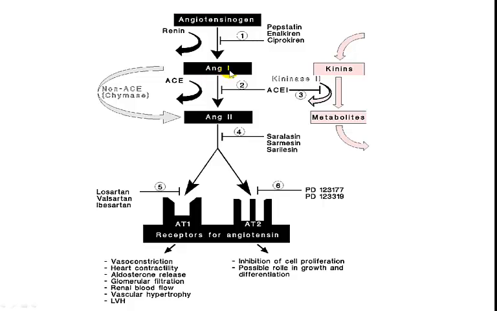And then the angiotensin 2 circulates in the blood, and angiotensin converting enzyme, or ACE, is located primarily on the surface of endothelial cells in different vascular beds. One of the highest vascular bed concentrations is in the pulmonary tree, pulmonary vascular tree. But it's distributed in other areas as well, such as in the kidney, where the conversion of angiotensin 1 to